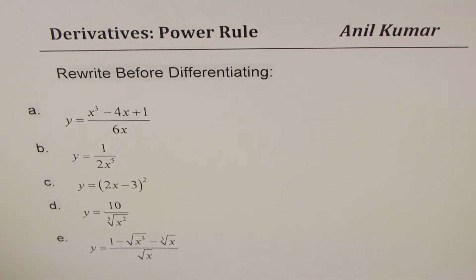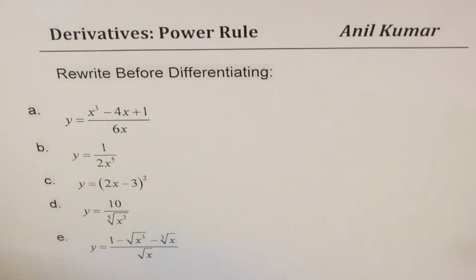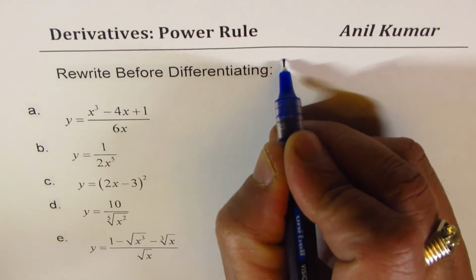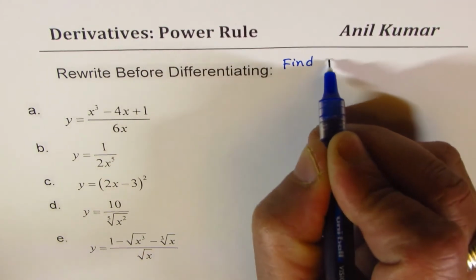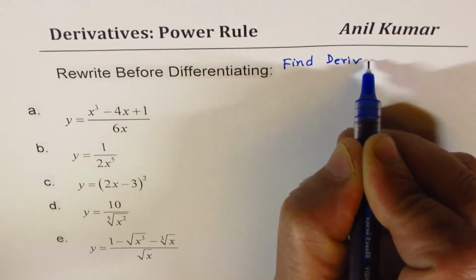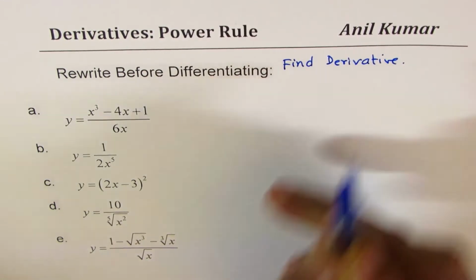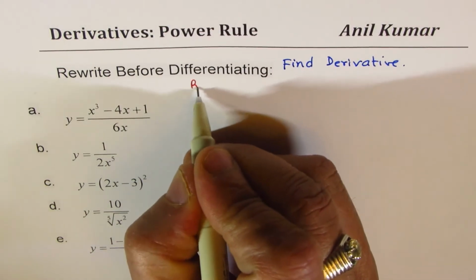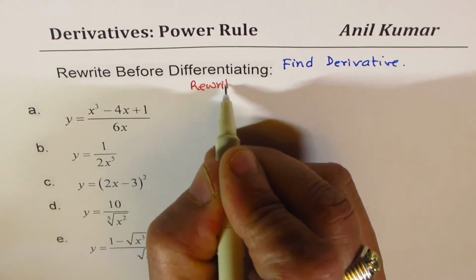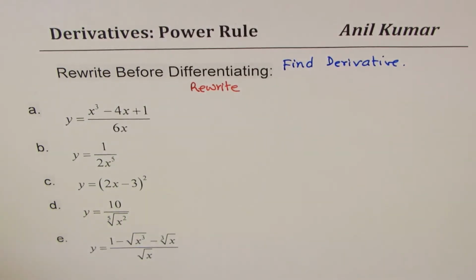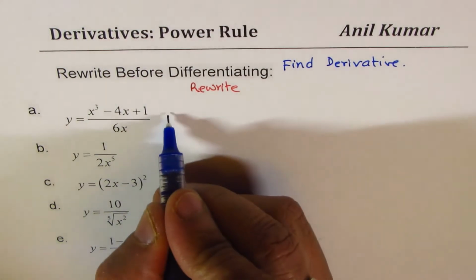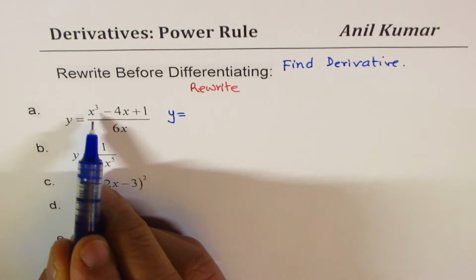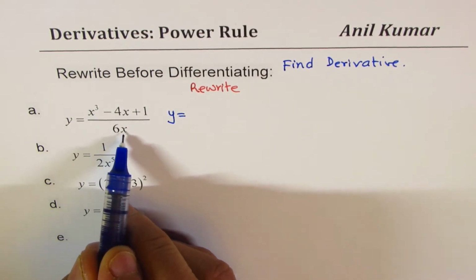We need to find derivatives of these functions, right? So rewrite before differentiating, and then find derivatives. That is the exercise for us. So let us first rewrite them and then we will find the derivatives. It really helps. Now the first expression, I could write this as y equals, dividing each by 6x,